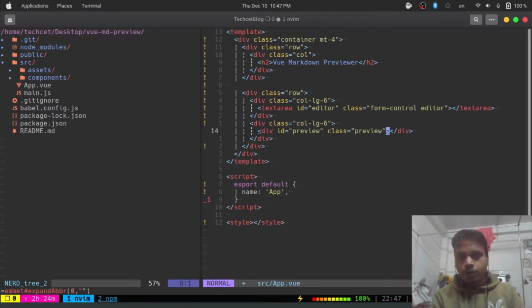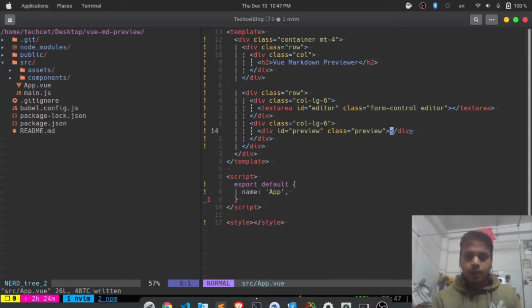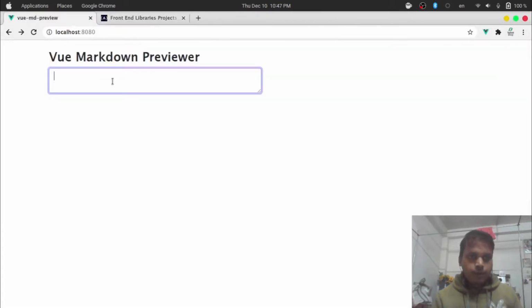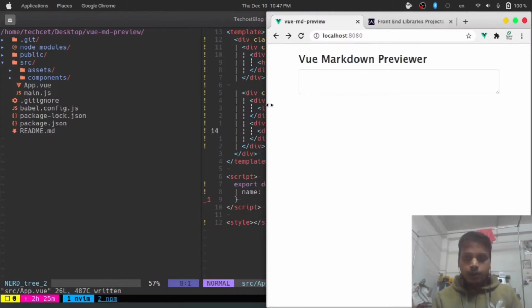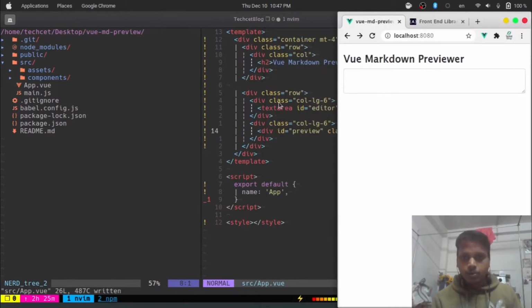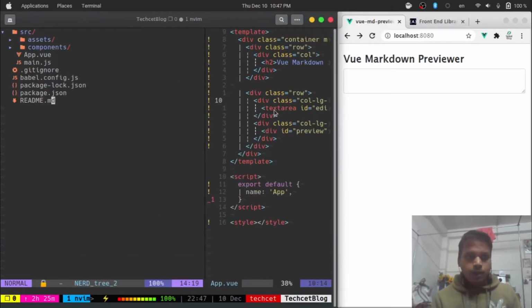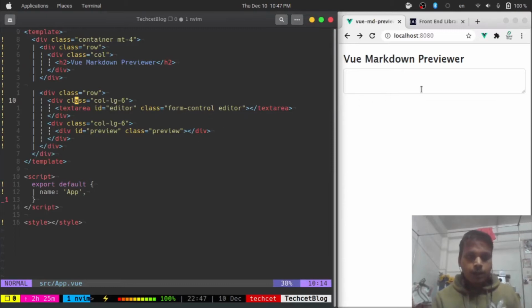Okay, now here I just need to use some styling also. So let's save this, and if I go here, you can see Vue Markdown previewer. So I can center it. So let's see if I resize it to the right side, and then I can make it as this one, and I can hide this sidebar, and then we have this Markdown Vue previewer, and after that we have this preview window,